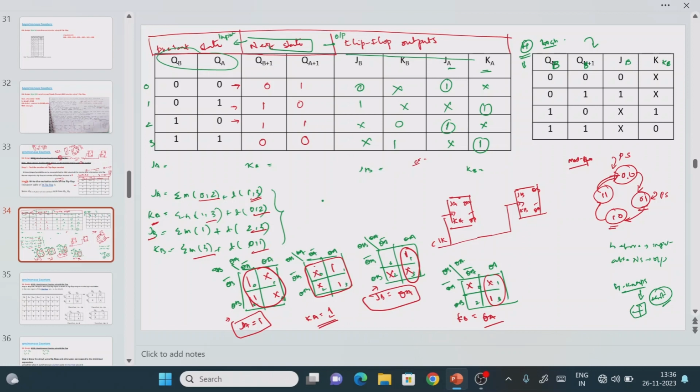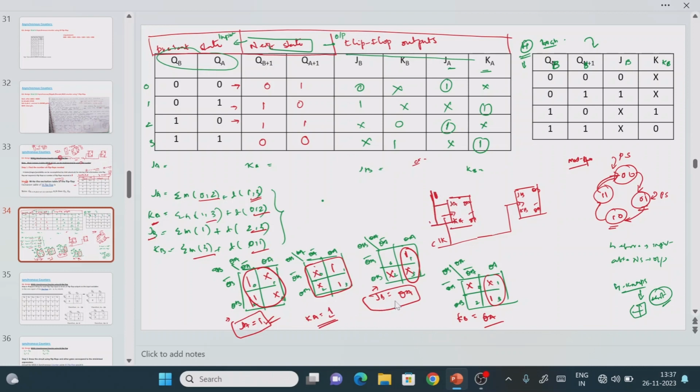Synchronous means a common clock pulse will be applied to all the flip-flops. Now what is the value we got for JA? J equal to 1, right? So if you observe here, where we have JA, do we have 1 anywhere here? No, right? It means that we are just connecting JA to logic 1. That's it. Now what is the KA value? KA value also 1, right? Here we have the KA. Just connect logic value KA equal to 1. Instead of giving 2 separate values, we can connect something like this. Now JA equal to 1, KA equal to 1.